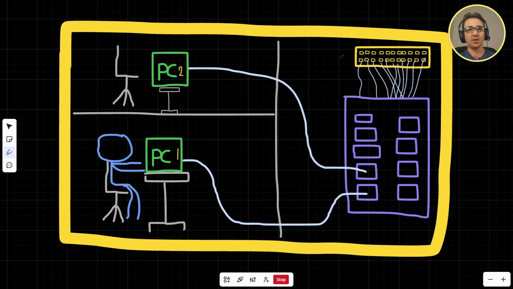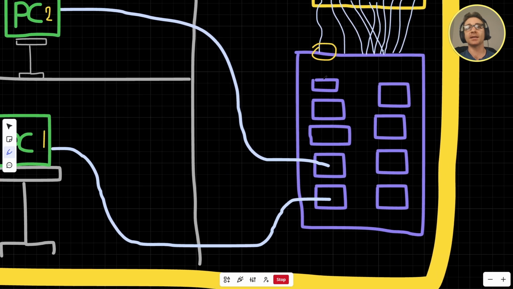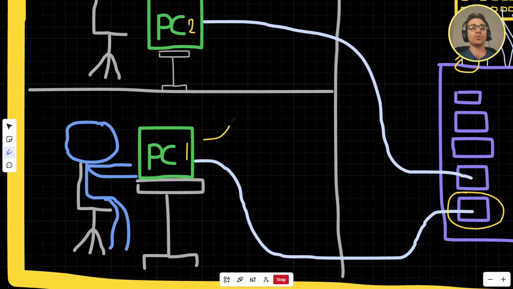over here. Or if I have a patch panel, what I can do is I can actually leave all these cables in place, right? These long cables that are pretty difficult to rewire if I'm moving around all the time. And then what I can do is on the other side, right? So this Ethernet cable over here maybe, let's say this one is mapped to this plug on the other side. Now all I have to do is I can move over here,